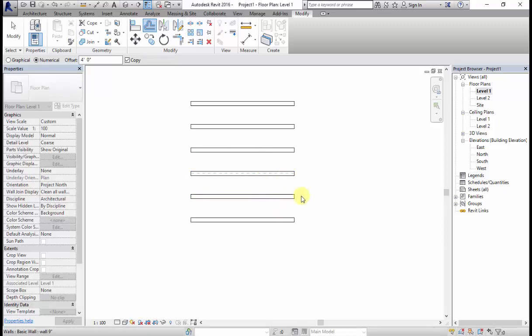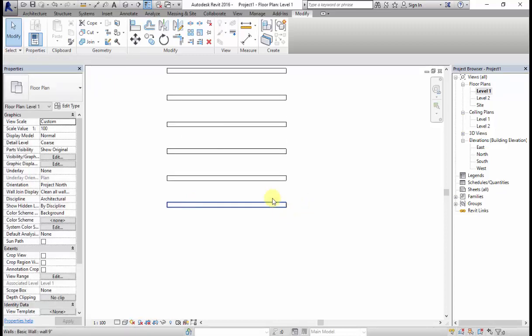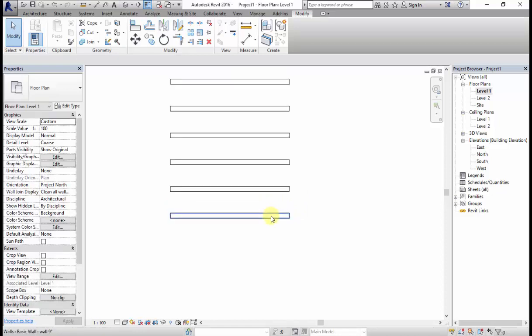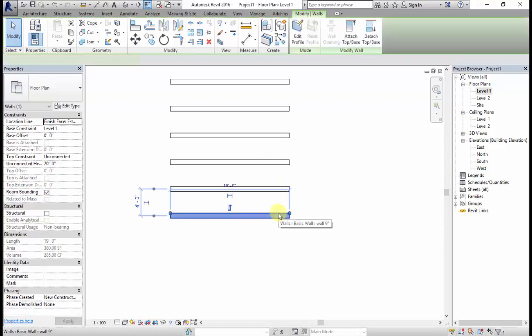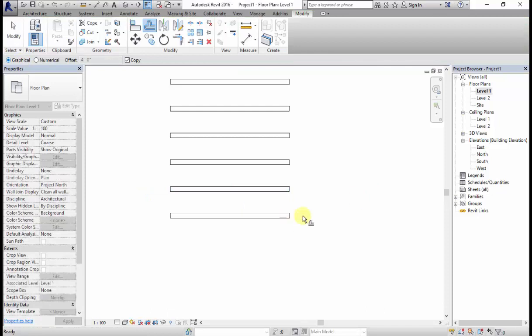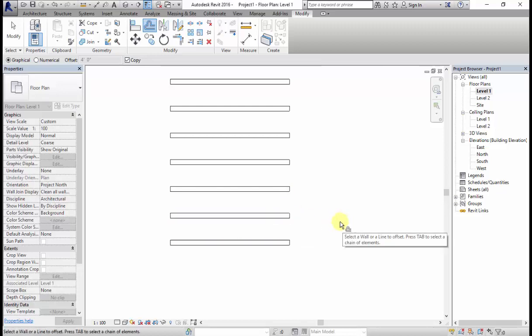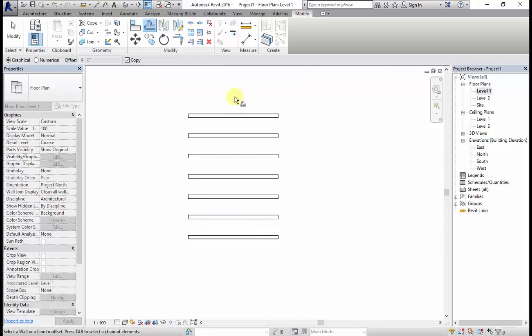Now suppose while giving the offset you have forgotten the offset distance you gave, and you still need to do one more offset. Instead of using the measuring tool, measuring it and later giving the offset again, I can just select it, go to offset, and click on graphical. Later I'll select the wall which I want to copy, from where I want to get the offset, and I'll mention the offset distance from here to here like this. It will get offset. So these are the two methods, graphical and numerical, to use the offset command.